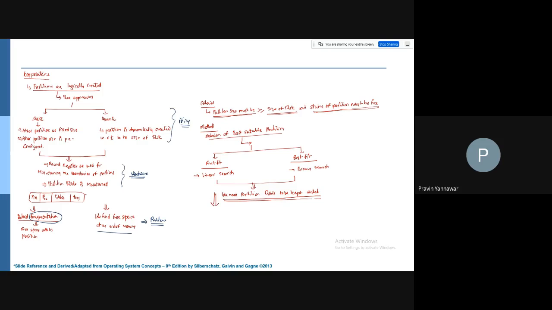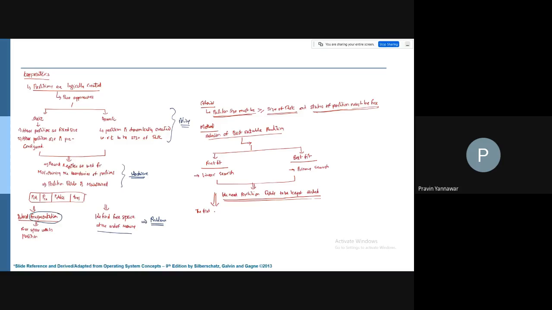In case of linear, the first partition that satisfies the criteria must be selected.